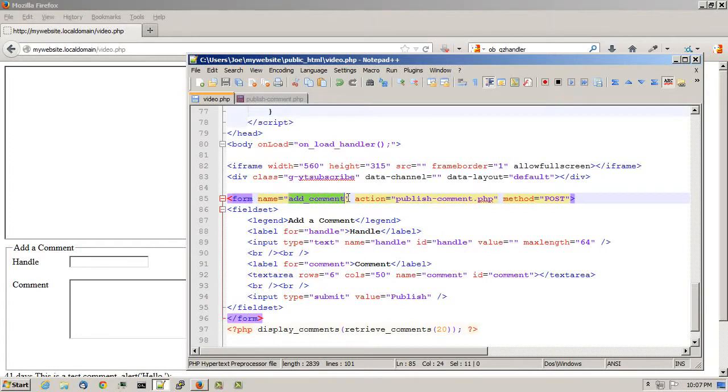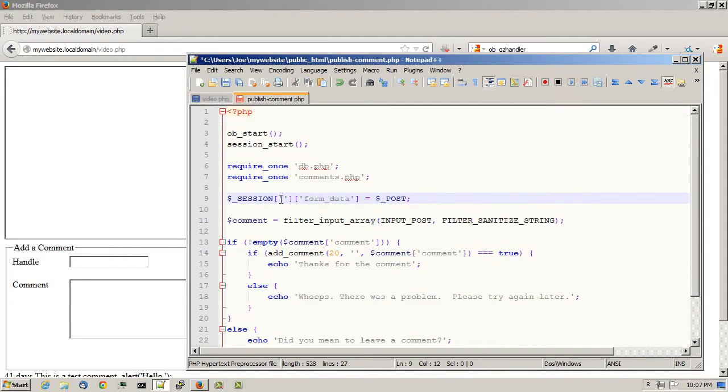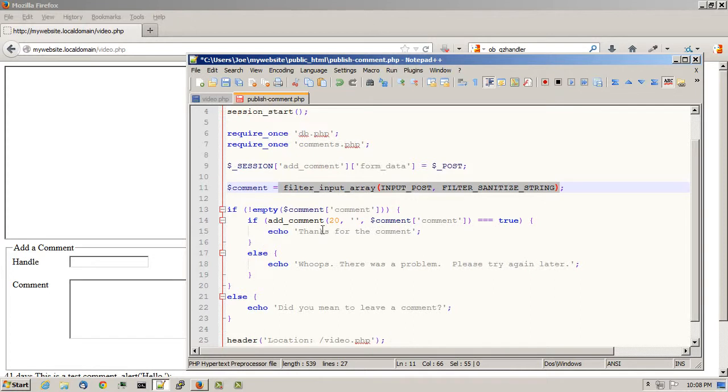Do it for consistency. So that's my add comment form. That's the form data of the form, and I'll set it to the raw data that they posted. And by raw, I mean it's not filtered like I'm doing down here with the information that they put into the form. And to include the feedback